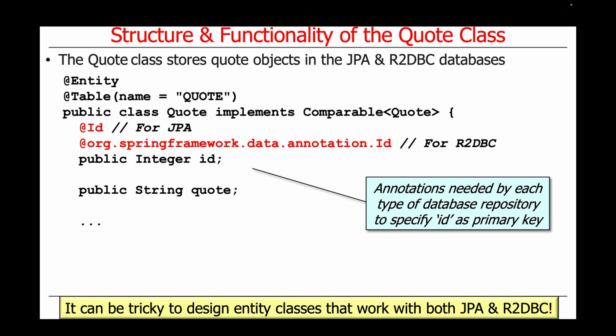Now, it can be tricky to design entity classes like Quote that work with both JPA and R2DBC. So this is how you can do it. Now, as to whether you would normally do this in most applications, this is a little bit specialized for this particular example because we're trying to have two different databases in the same project. Usually you have one database per project, but we have one project with two databases, so we had to annotate